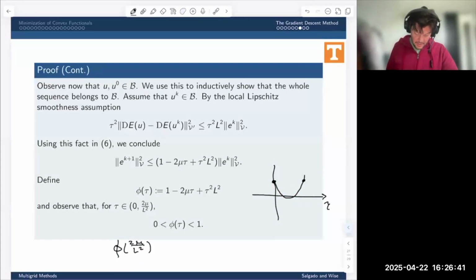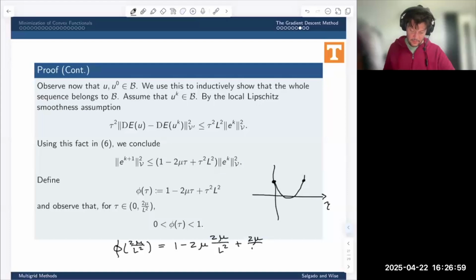All right, so if I put that value in, I get 1 minus 2 mu, and then I have 2 mu over L squared, plus if I take tau squared, I get 2 mu over L squared squared times L squared. So I get 1 minus 2 mu over L squared